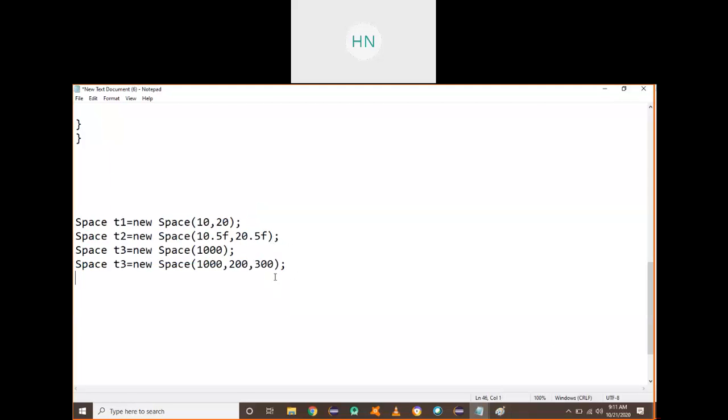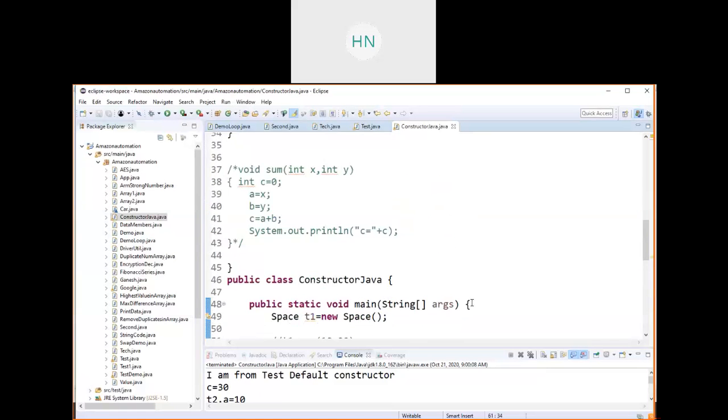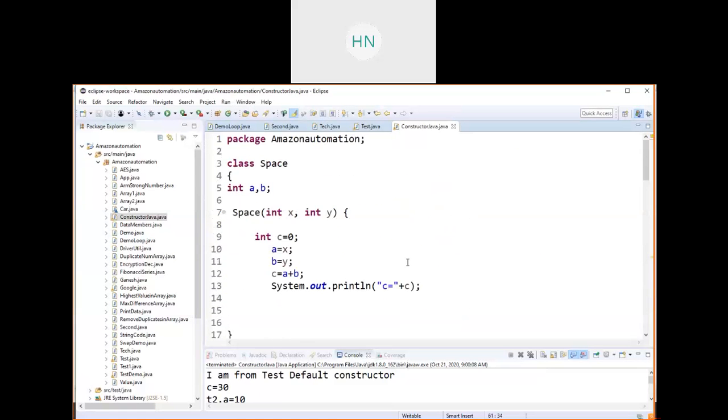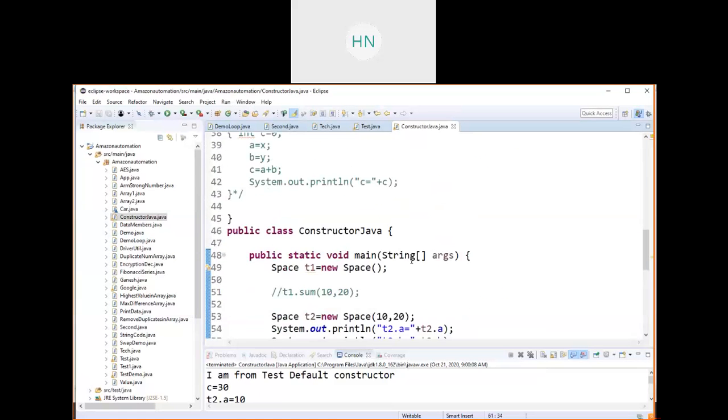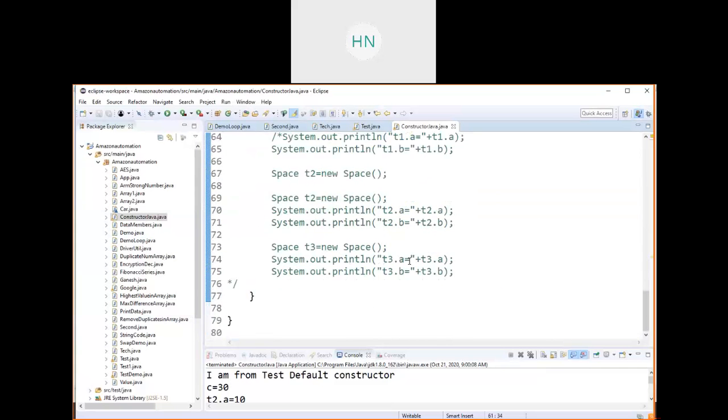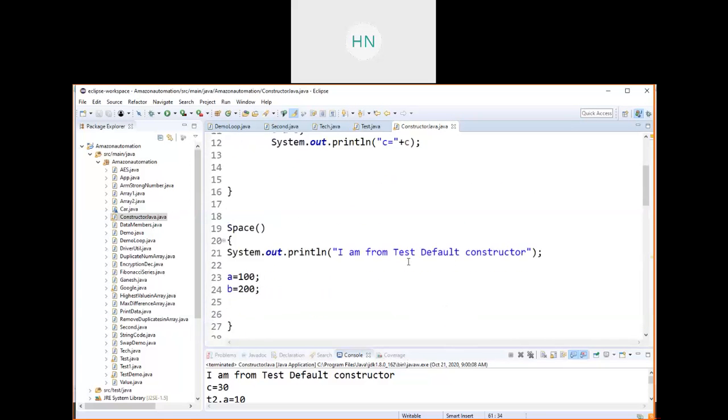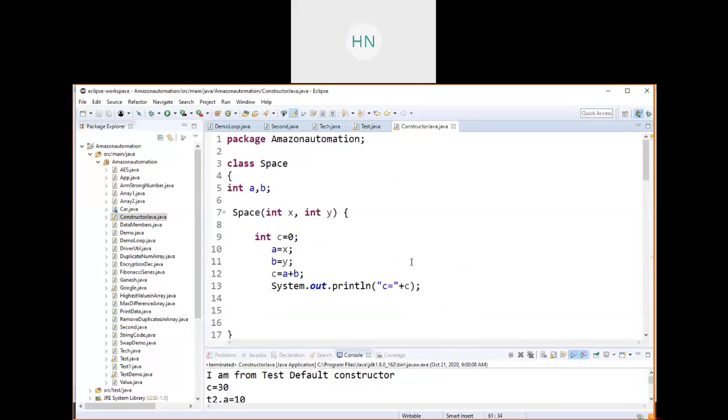This is what we have here. Overloaded constructor. So we have already seen the example program here. The example program is there. So we have already seen the program here, right, Pawan? So this is all about your default constructor, parameterized constructor, and overloaded constructors here.